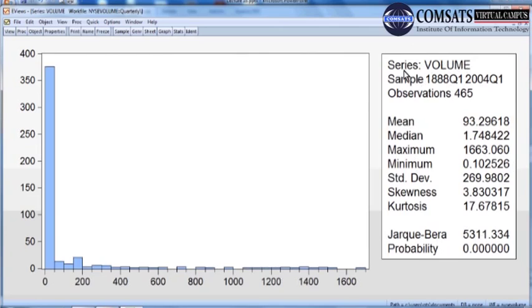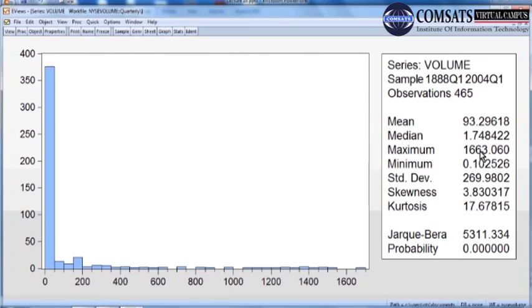The tabulated values indicate the name of the series or name of the variable about which we are talking, the sample which has been employed for the analysis, the observations, which is the sample size 465, the average value or mean value, the median, and the maximum value of the observation.